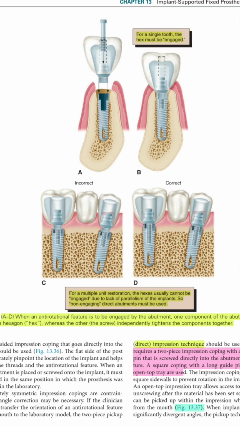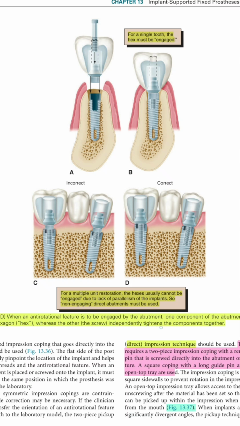Then another screw independently tightens the components together. So there is a first engagement of an internal screw between the hex and the implant. Then there is another screw